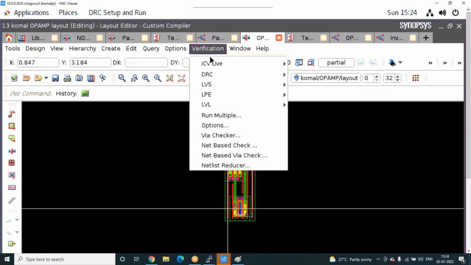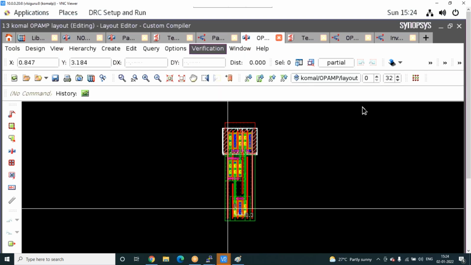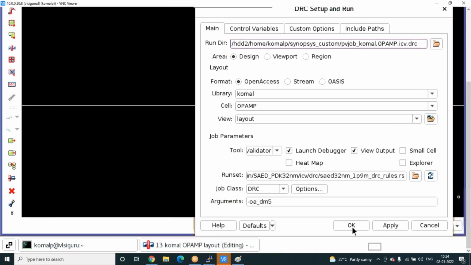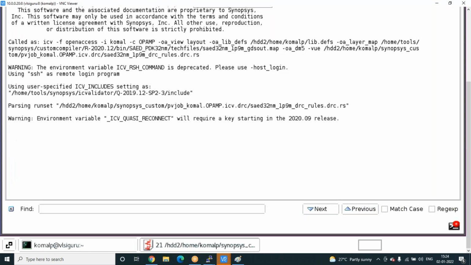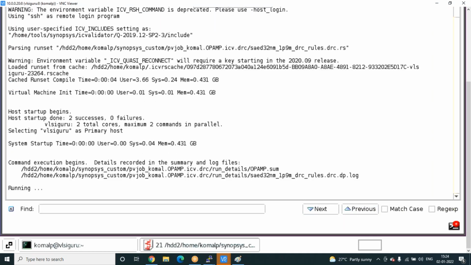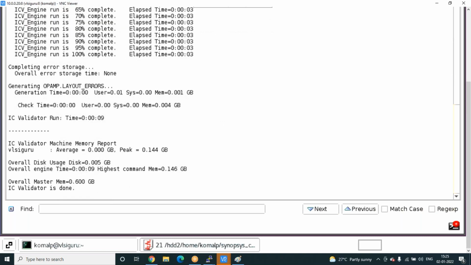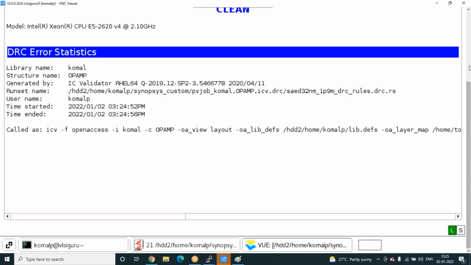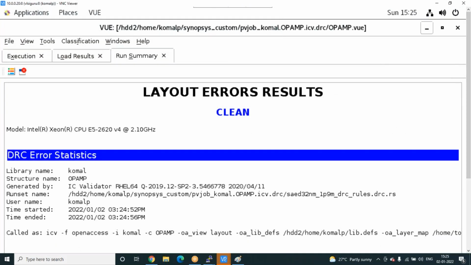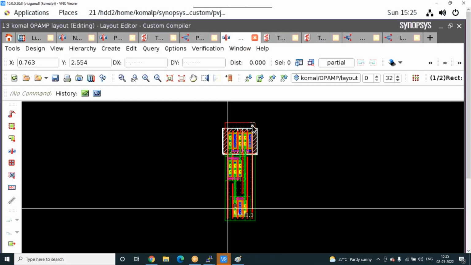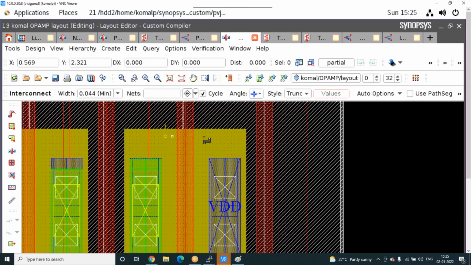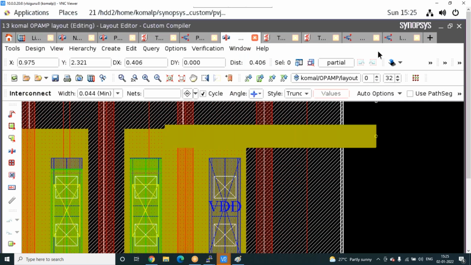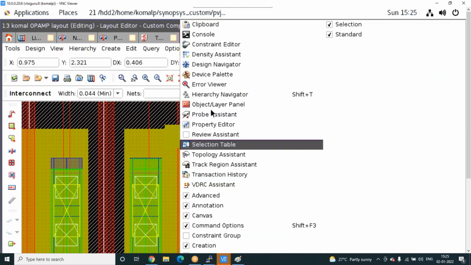Let's assume this one. I'll run DRC. If it is clean, you will see this. It's already clean. To make an error, I'll just try M1. This is a layout panel.